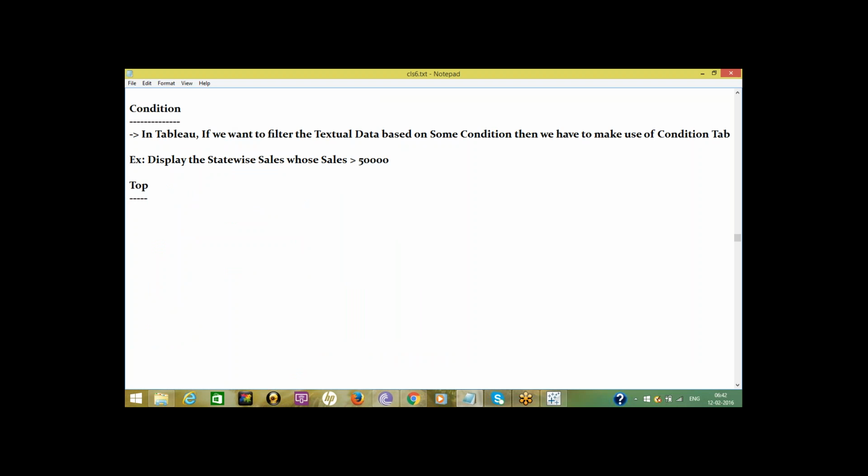If you want to perform top N analysis, then we have to create the filter based on top.